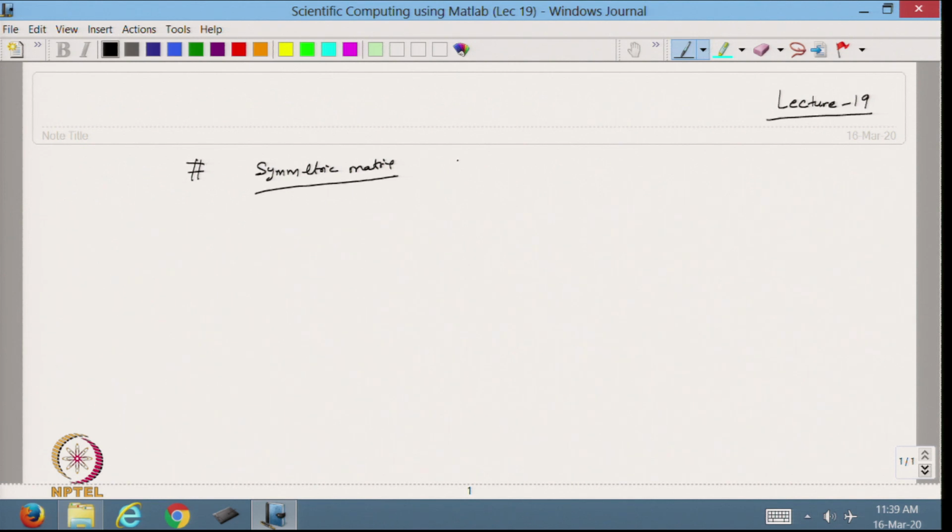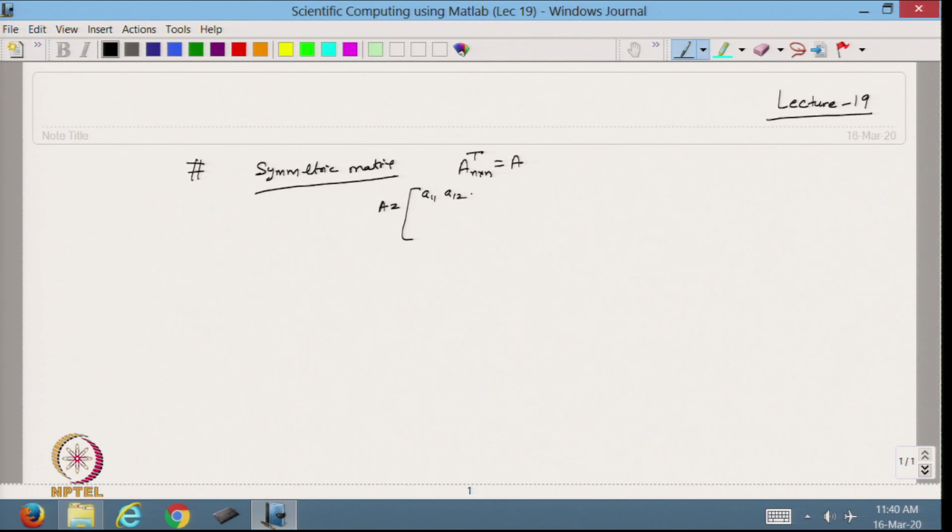Symmetric matrix means I have a matrix A, that is an n cross n matrix. Now I take the transpose of that matrix. If that is equal to the matrix itself, then it is called a symmetric matrix. So in this case, if you see that my matrix A is